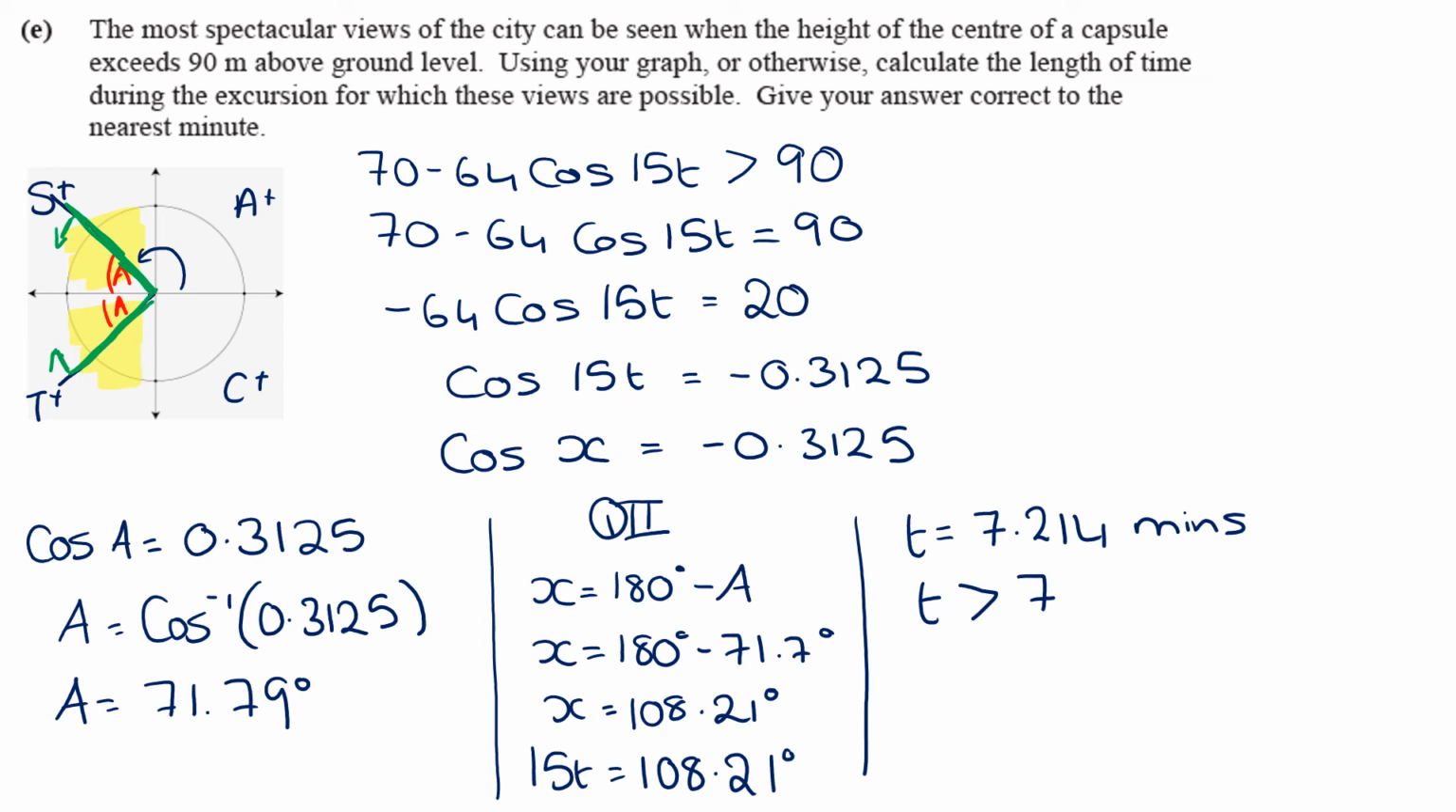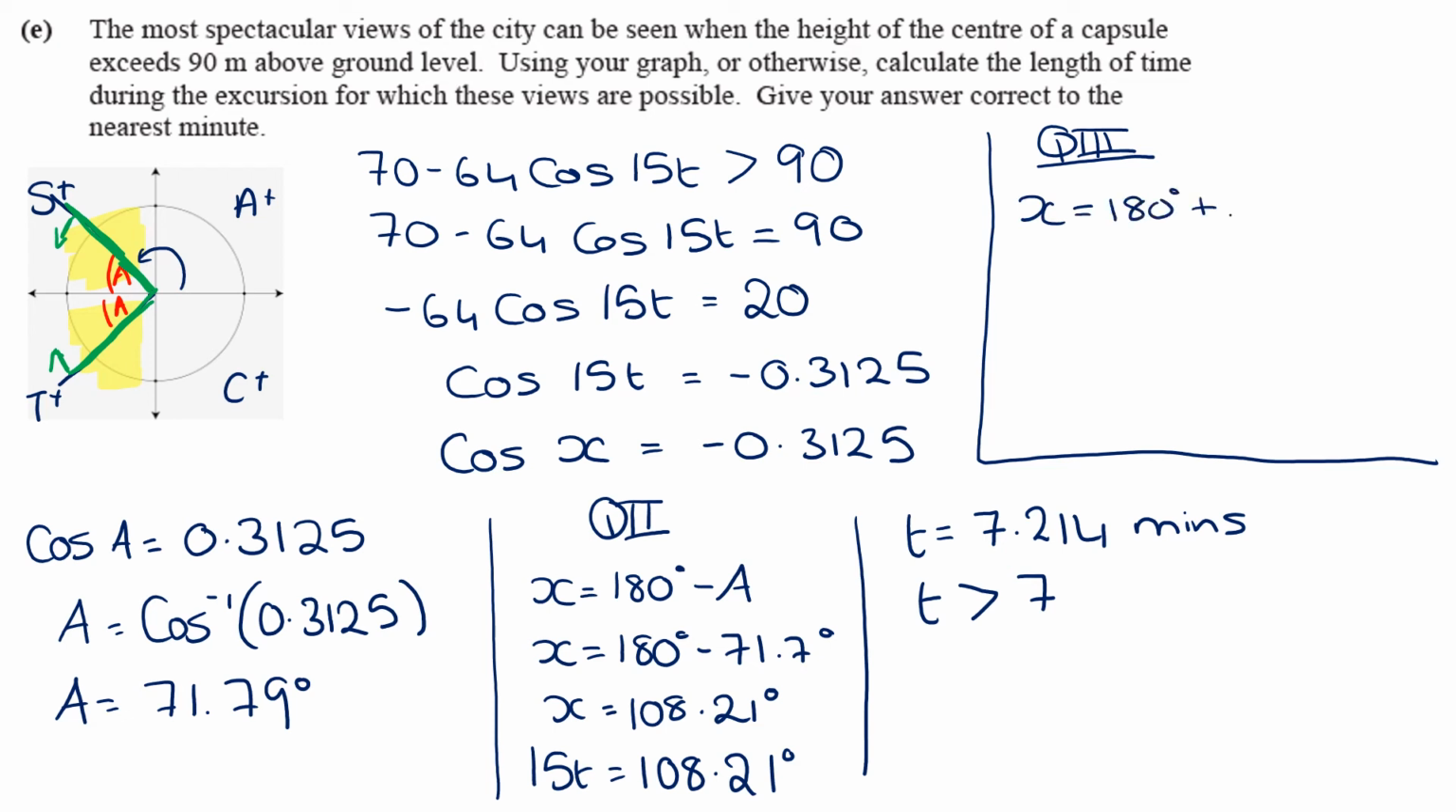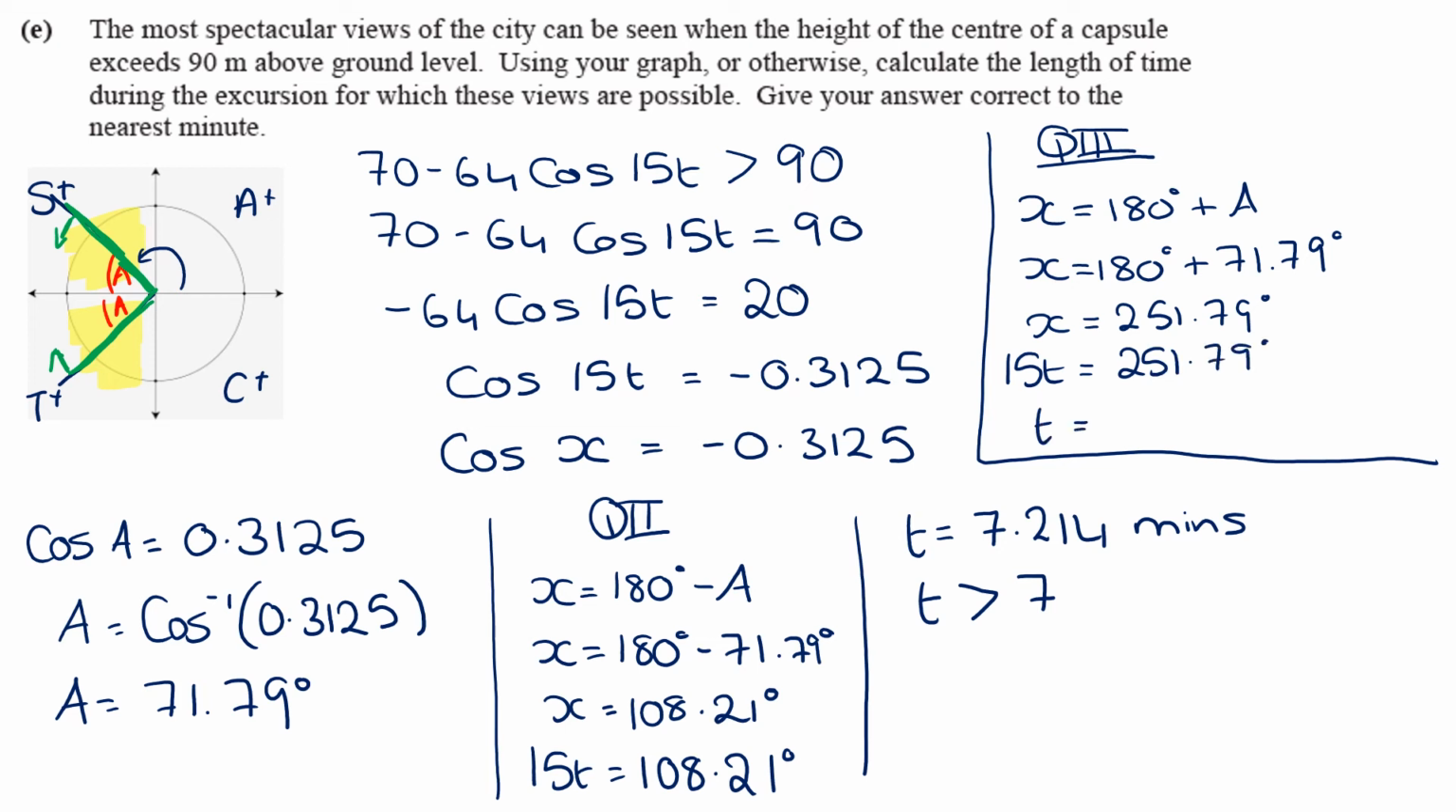We're now going to work with quadrant 3, and we're going to do something similar. So let's do quadrant 3 up here. In quadrant 3, we have x is equal to 180 degrees plus your angle A, which means 180 degrees plus 71.79 degrees. Apologies, I forgot my 9 down there. And then when I add those together, I get 251.79 degrees, which I can go straight to, well, that's 15t equals 251.79 degrees. Divide both sides by 15, and I get